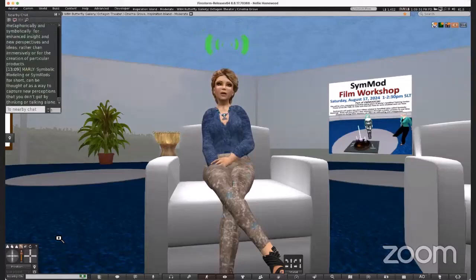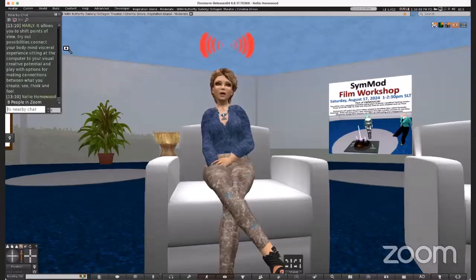Symbolic modeling, or SymMod for short, can be thought of as a way to capture new perceptions that you don't get by thinking or talking alone. It allows you to shift points of view, try out possibilities, connect your body-mind visceral experience sitting at the computer to your visual creative potential, and play with options for making connections between what you create, see, think, and feel.